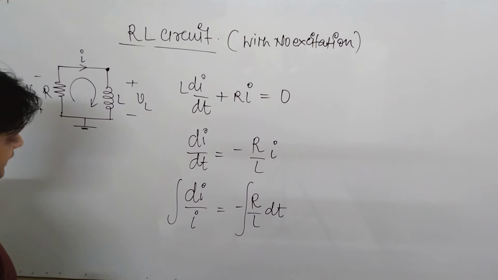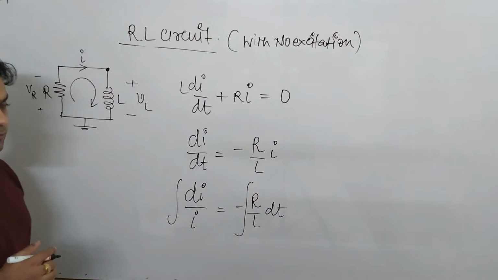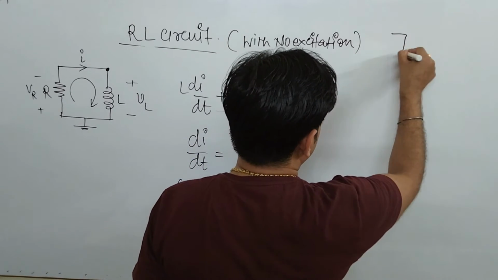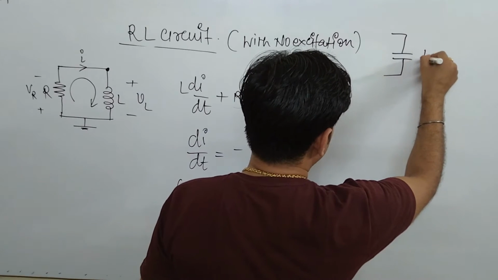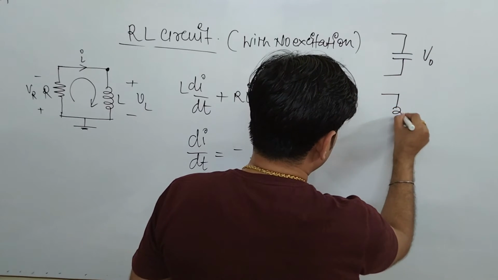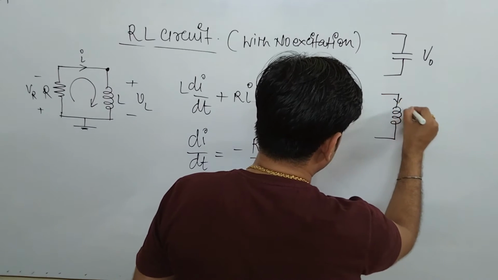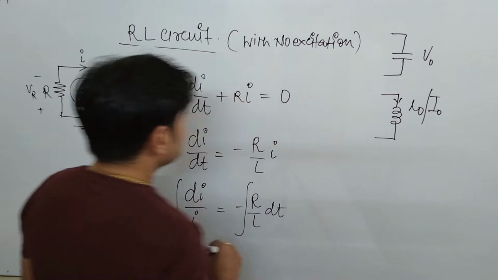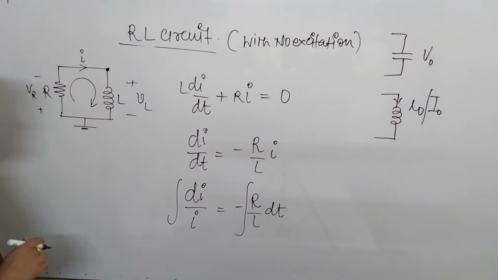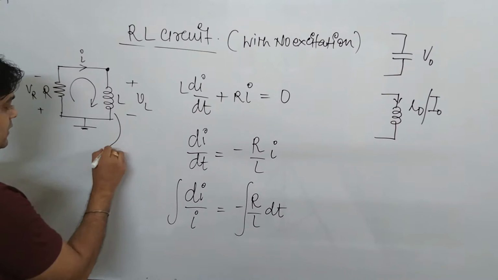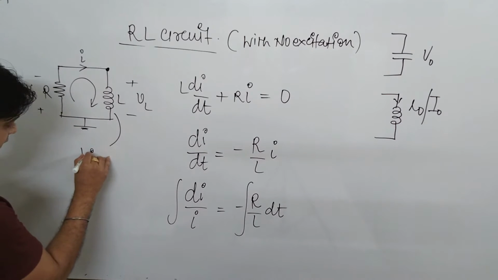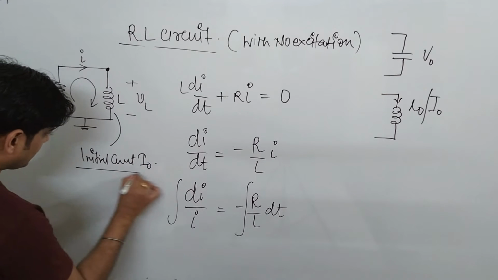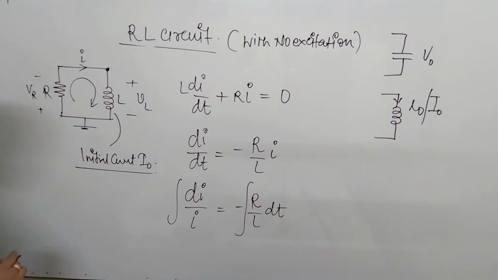With a specific condition that in my previous video I have already mentioned that capacitors carry initial voltage, which we call V0, and inductors carry initial current, which we call I0, or capital I0. So in the case of an inductor, it carries an initial current. Very important thing, there exists some initial current and you call it I0.